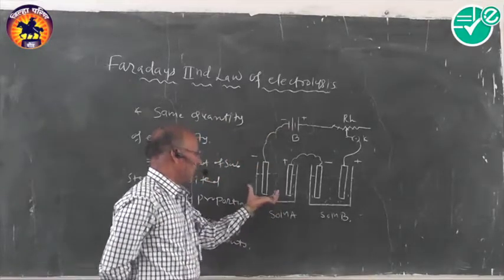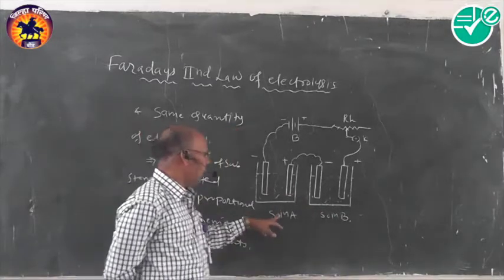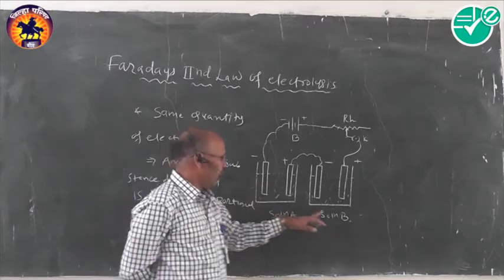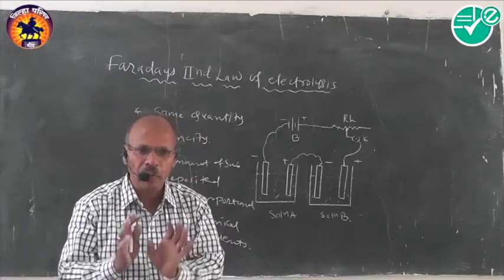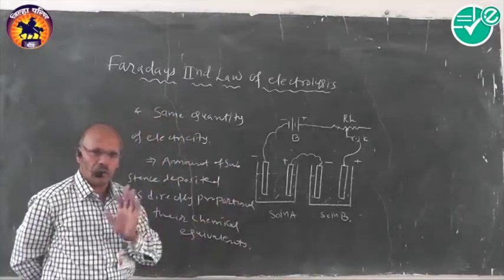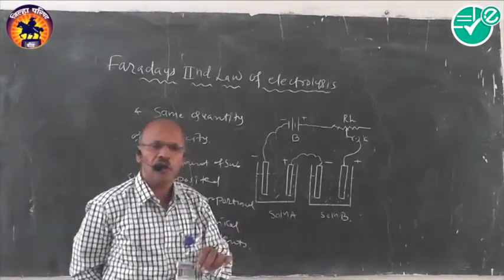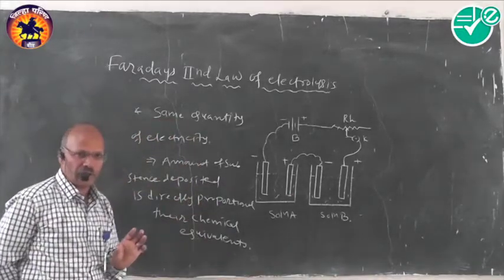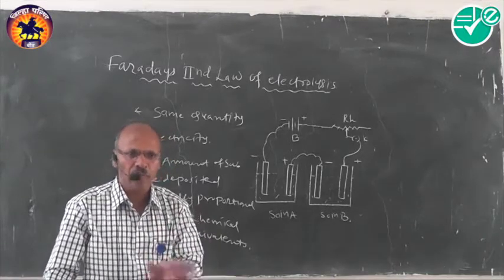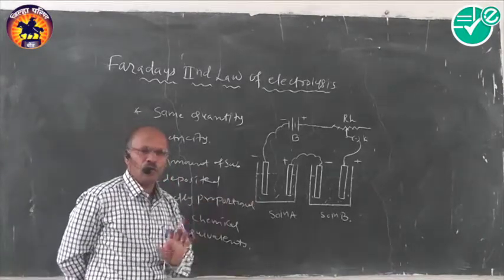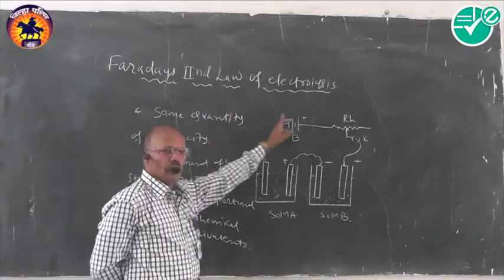Now in this case, this is solution A, and this is solution B. As a result of the electrolysis, deposition of A occurs over this electrode surface, and deposition of B occurs over this electrode surface. Their masses are always deposited in proportion to the amount of electricity. If we pass the same electricity, there is no concern about the electricity, but their deposition always depends upon their chemical equivalents. So equivalent weights decide the actual amount of substance deposited if we pass the same amount of electricity through different electrolytes connected in series. This statement we can call Faraday's second law of electrolysis.